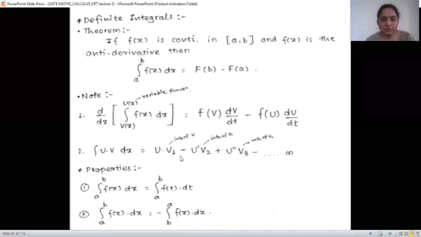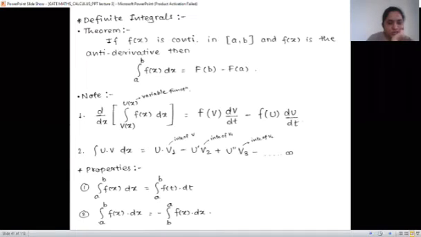It is u v1 minus u dash v2 plus u double dash v3 minus and so on. So u dash, u double dash are derivatives, and v1, v2, v3 are integrals. And when do you use this formula? When the derivative of u becomes 0 at some derivative, like u double dash, u triple dash, and somewhere it is 0, then only we can use it, and v should be an integrable function. This is the Leibniz theorem.